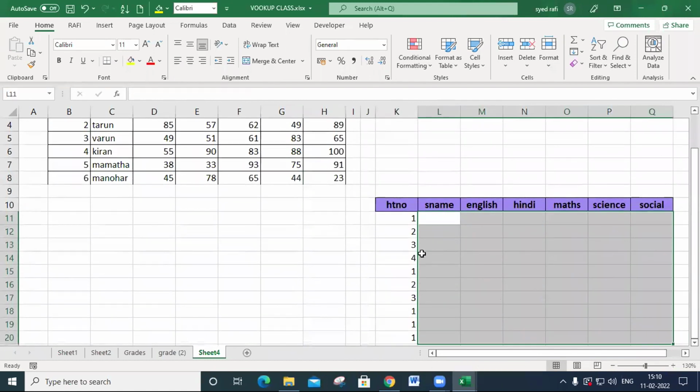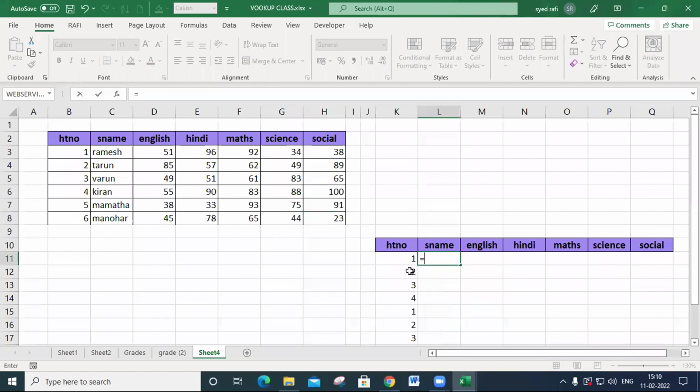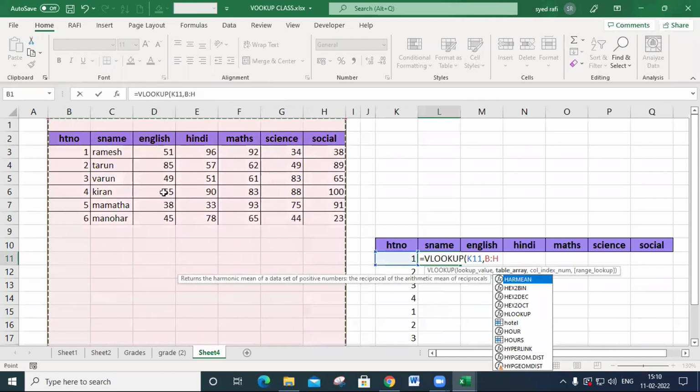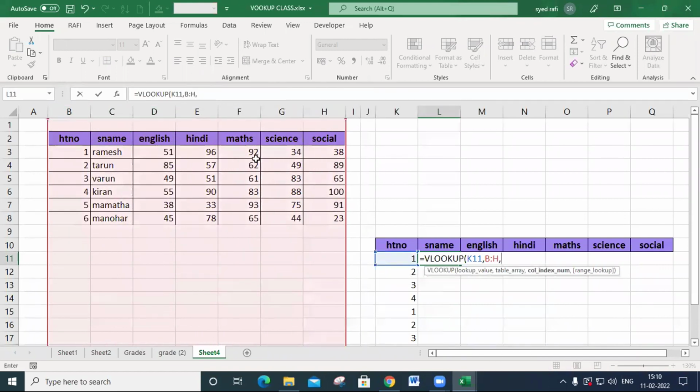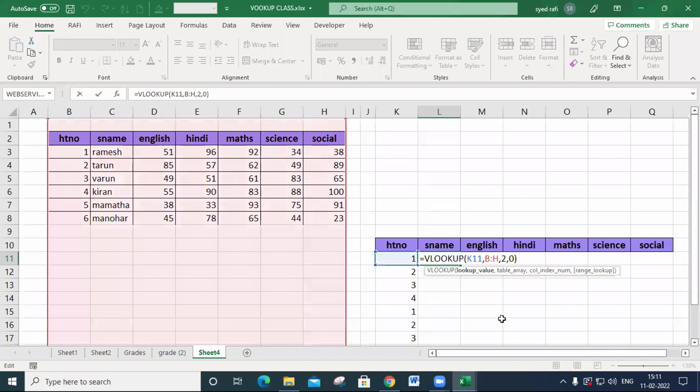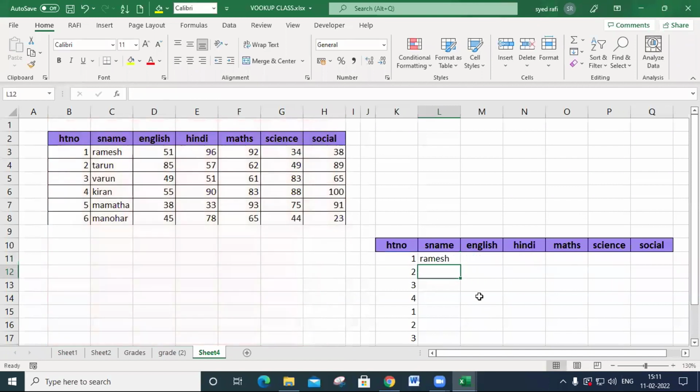So I'm saying, equal to VLOOKUP. This is the lookup value, comma. You must select like this, comma. I need to display the second column, student name, comma, 0, exact match, and press enter. And you must do one thing in front of a column. You must put a dollar. You must select these both and press F4 and press enter.